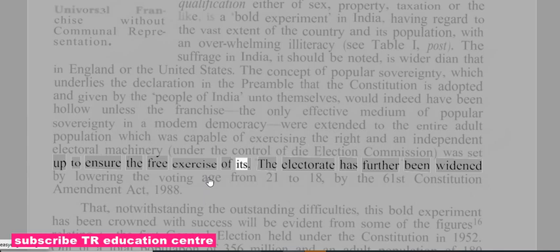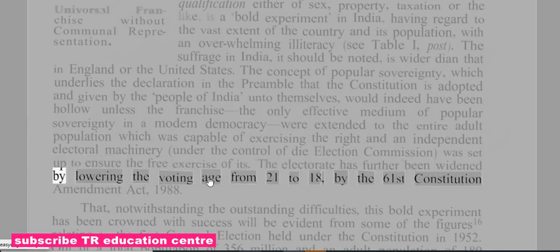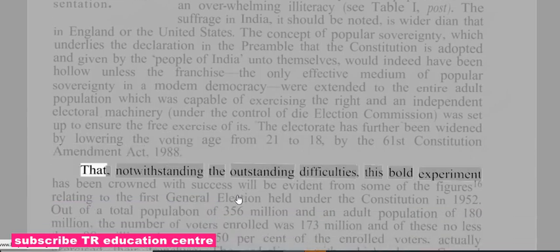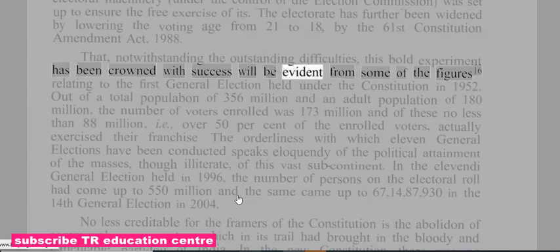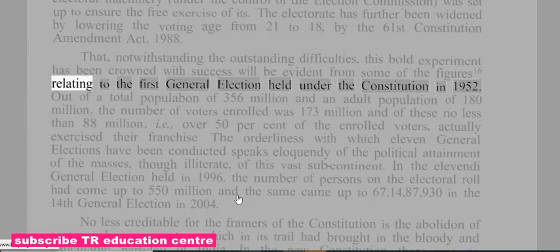The electorate has further been widened by lowering the voting age from 21 to 18, by the 61st Constitution Amendment Act, 1988. That, notwithstanding the outstanding difficulties, this bold experiment has been crowned with success will be evident from some of the figures relating to the first general election held under the Constitution